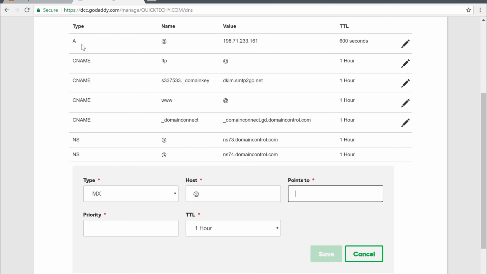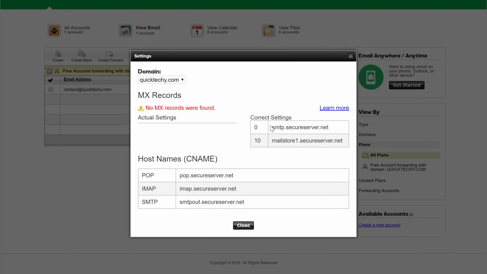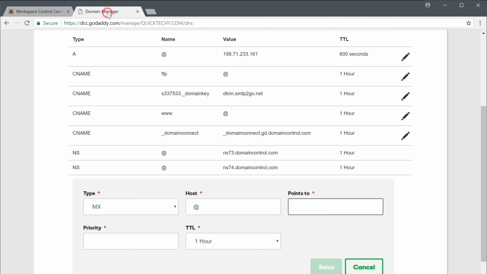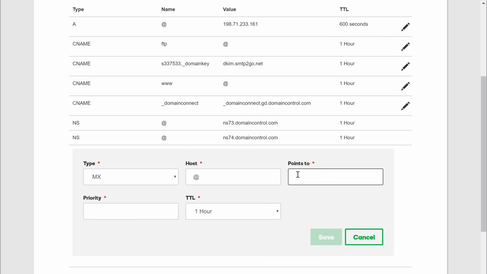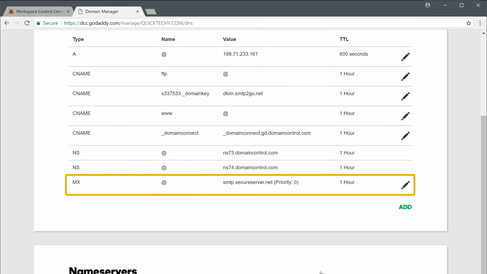So let's go back to this page and copy this text and paste it here. Now enter 0 in this field and click Save. Okay, so the first entry has been added.